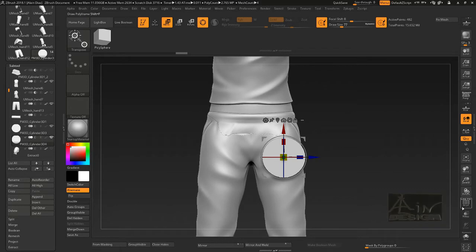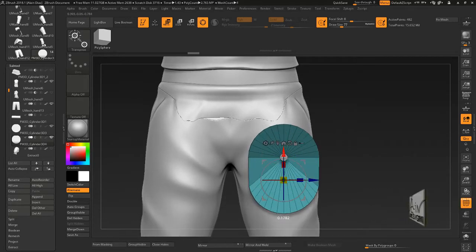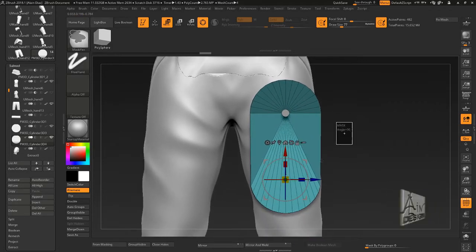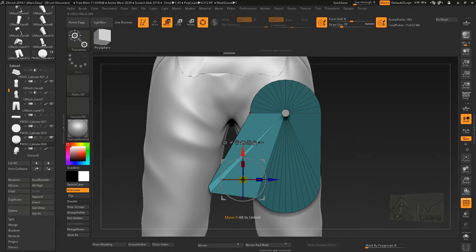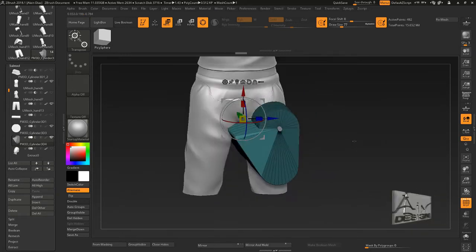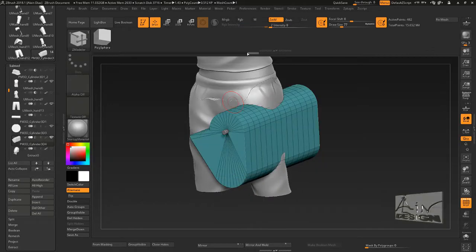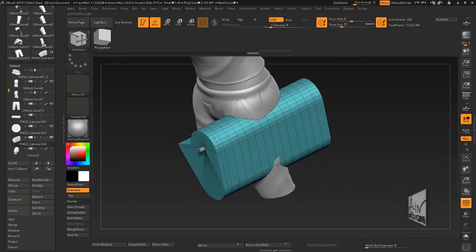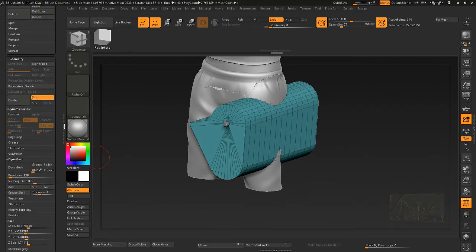All right. Now this guy, let's turn on polyframe here so you can see our frame and pull this down, mask this off, bring this in and up into the crotch here. All right. Once again, we go back to our C modeler. We're gonna loop here. We're gonna add a loop here. Then we go to